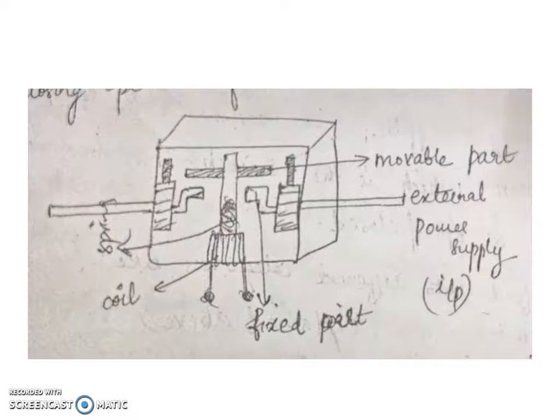These contacts are connected to the contact springs. The contacts are controlled by the electromagnet. These electromagnets give the initial force to the contacts and make them closed. Both these contacts and electromagnets are enclosed in a frame which is usually made of insulating materials. The figure of a contactor is shown here.